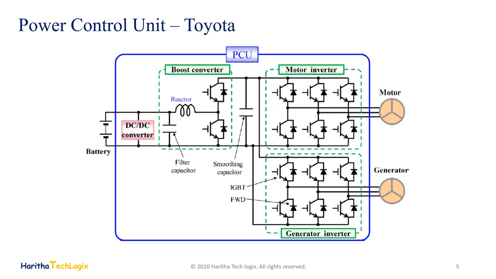And in addition to this, we also have the DC-DC converter assembly integrated with the inverter. These DC-DC converters are used to charge the low voltage 12 volt battery of the electric vehicle. Yes, in addition to the high voltage battery, electric vehicles also still have a low voltage battery similar to the ones used in petrol and diesel vehicles. It is the power source for all the control electronics of the electric vehicle. So remember, in addition to the high voltage battery, there is also a low voltage 12 volt battery.